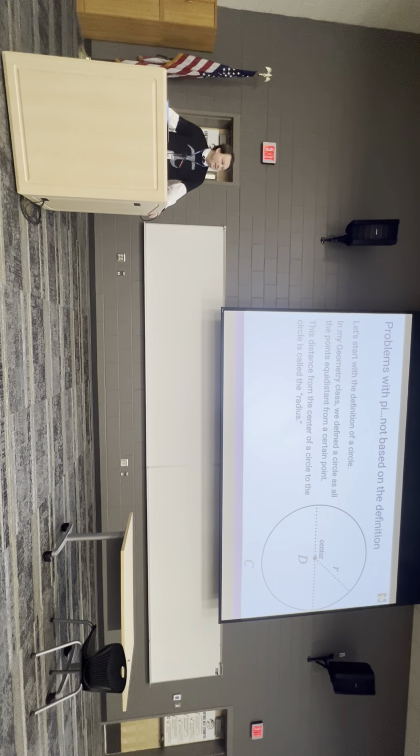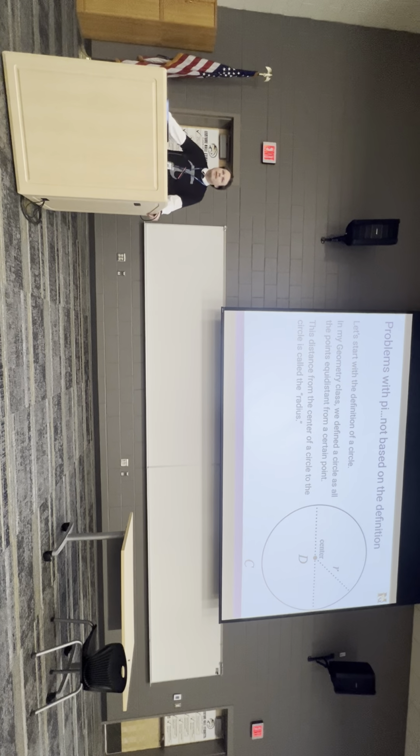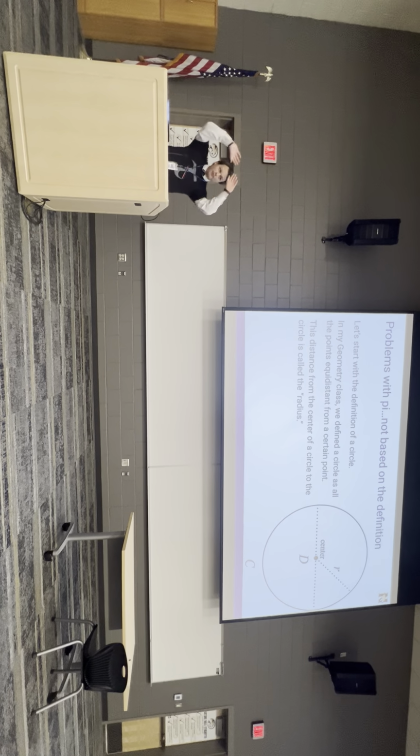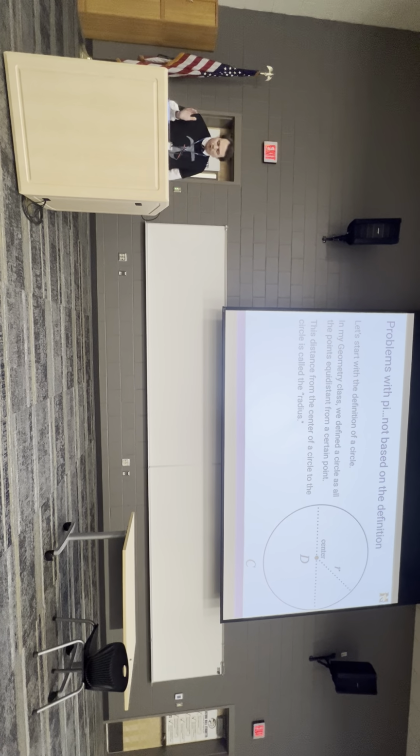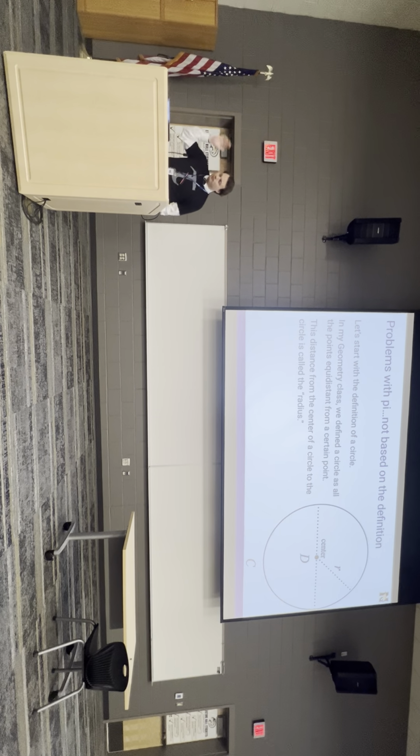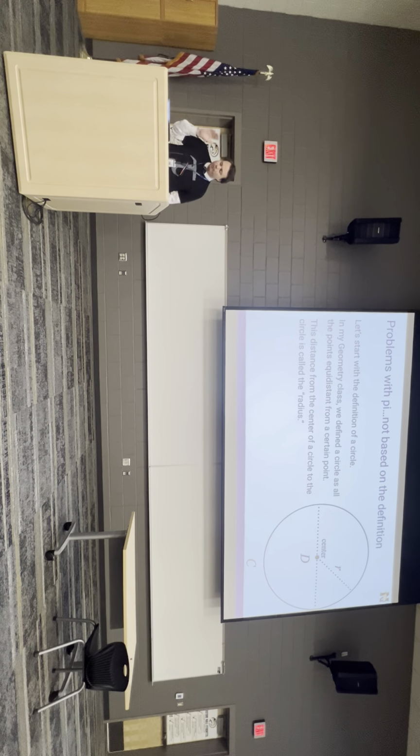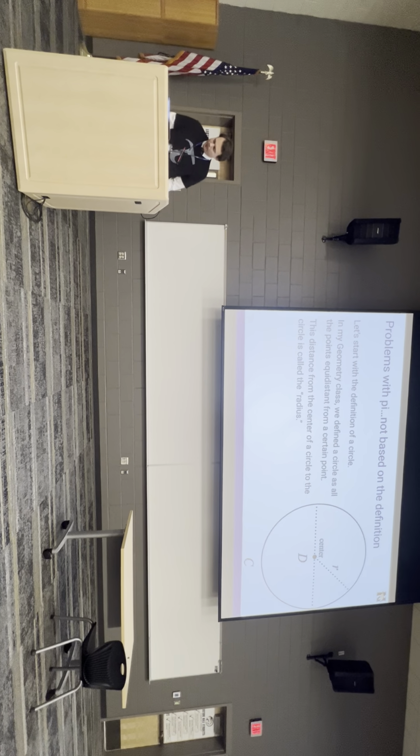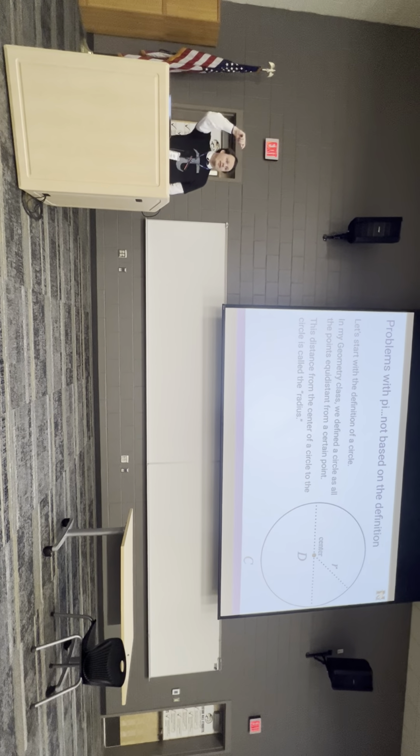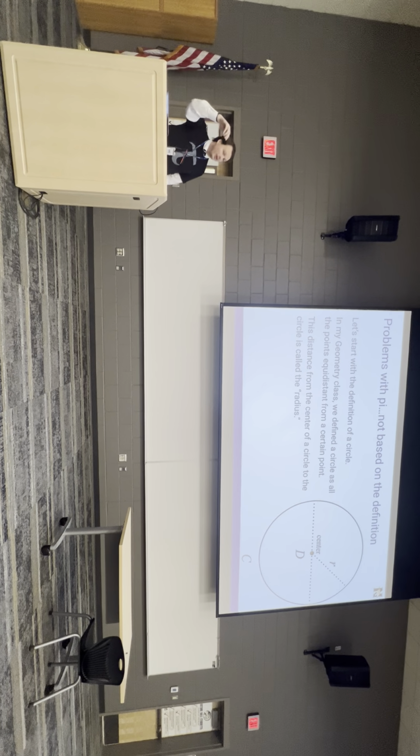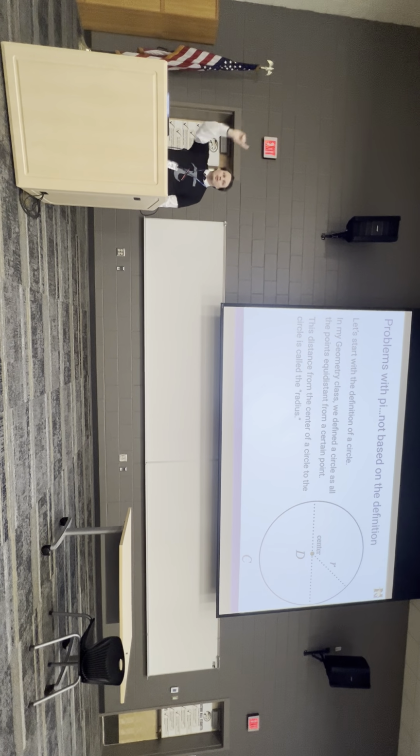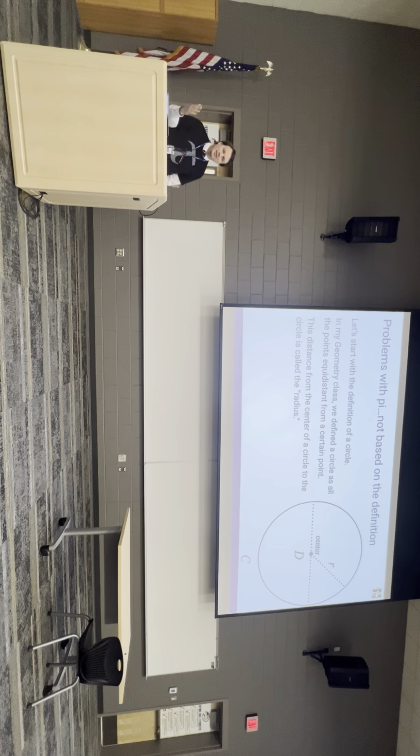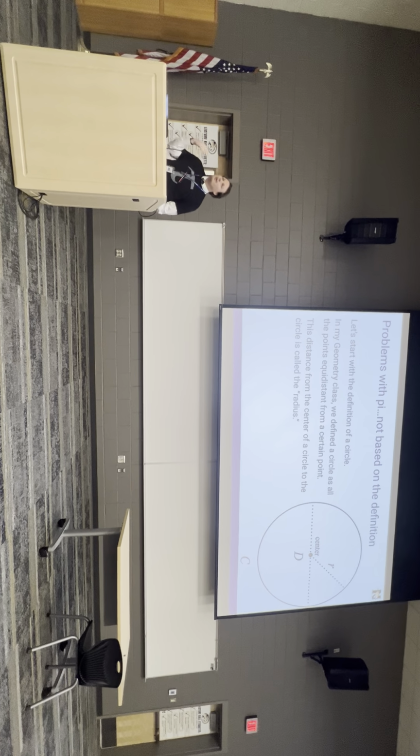Problems with pi. One of the first ones is that it's not based on the definition. So let's start with the definition of what a circle is. In my geometry class, we define a circle as all the points equidistant from a certain point, right? Over here we have the center, the middle of the circle. And then we have the distance from the center to the circle. We call that distance the radius, right? This is how we define what a circle